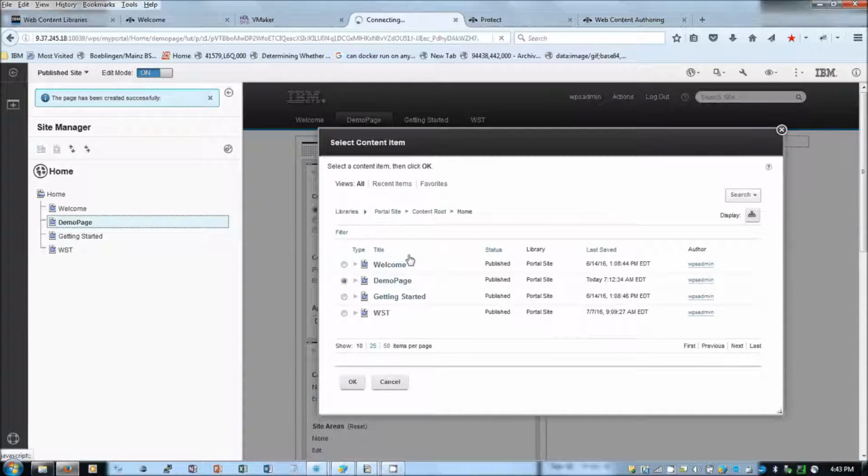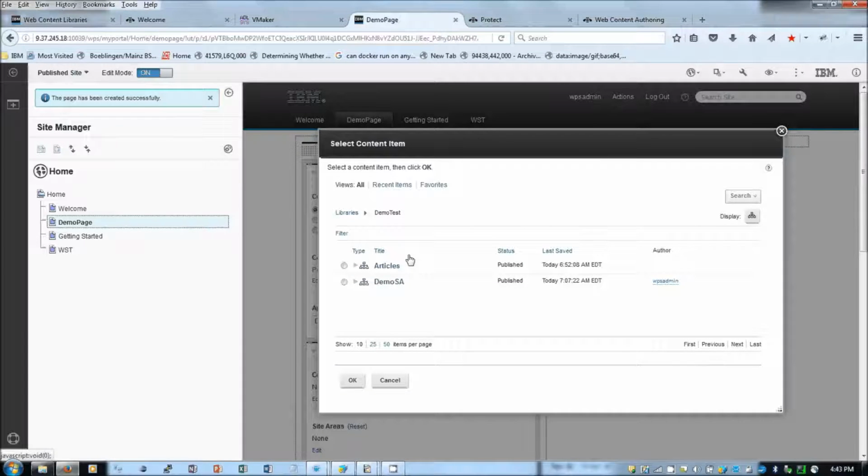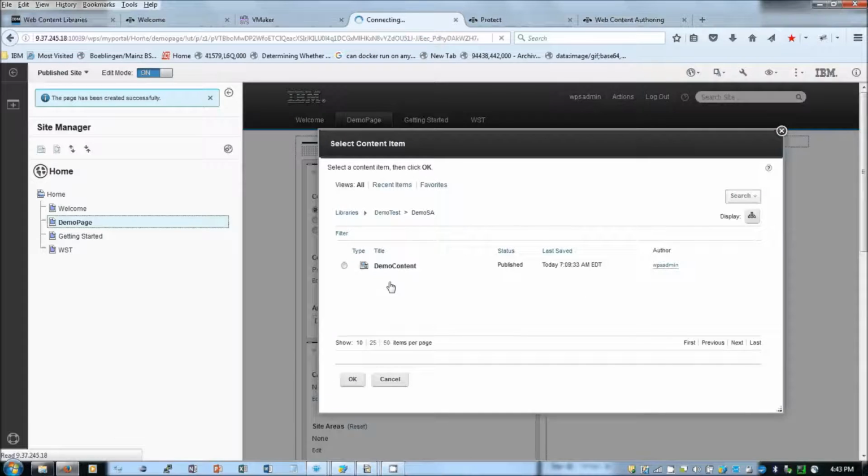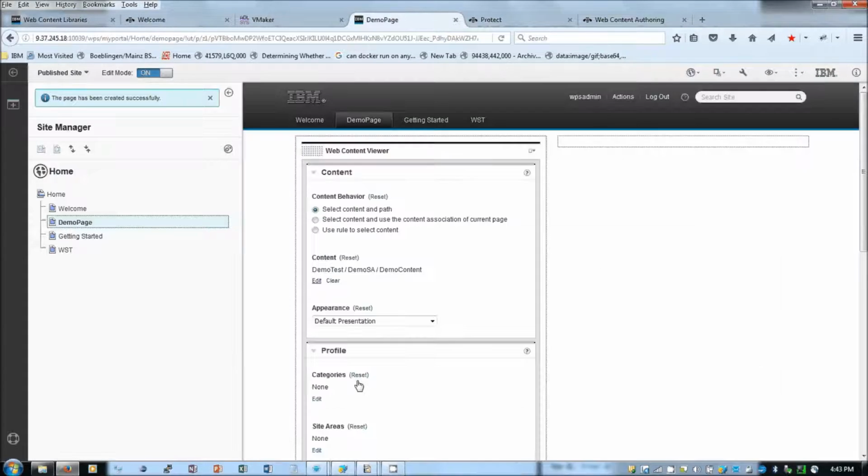I'm going to the library demo test, I'm going to the site area demo, and then I'm selecting the content. Note that only published content can be added to a page. If my content is in draft stage, it won't get displayed here. Since my content is published, I'm able to see the content here. I'm adding the demo content.